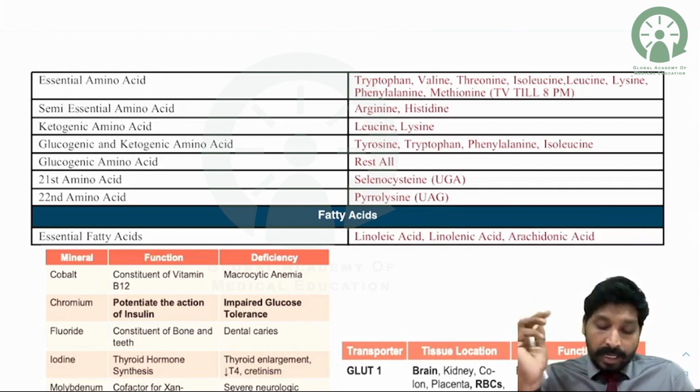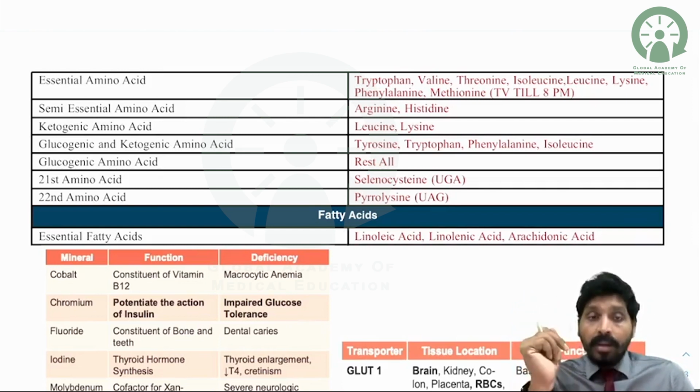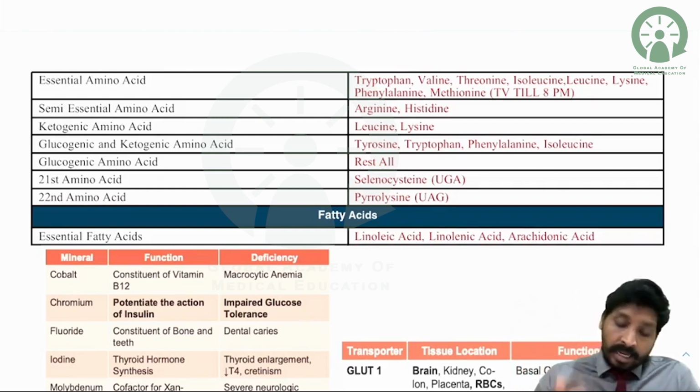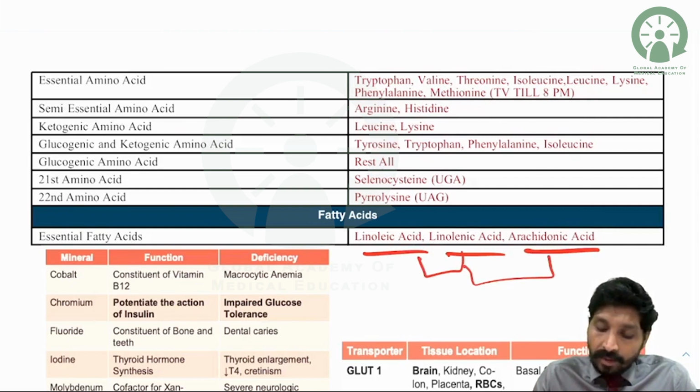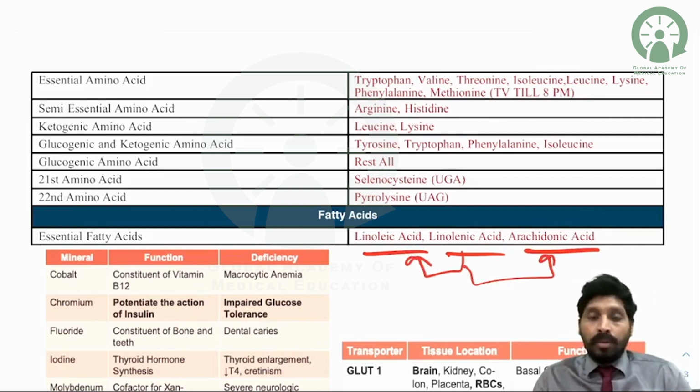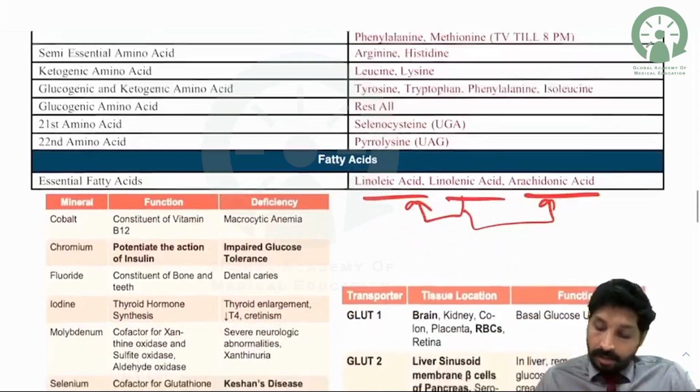The 21st amino acid is selenocysteine. Remember, the 22nd is pyrrolysine. Essential fatty acids: linoleic acid, linolenic acid and arachidonic acid. When you have linolenic acid, you can synthesize arachidonic acid, and linoleic acid from both. Okay. And now to talk about